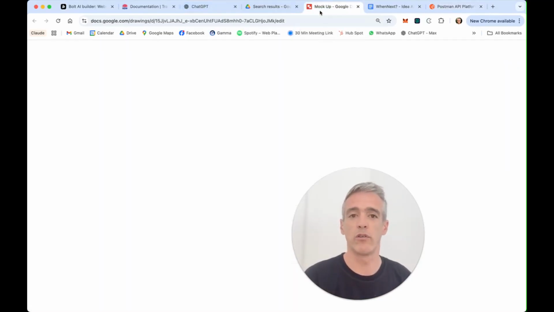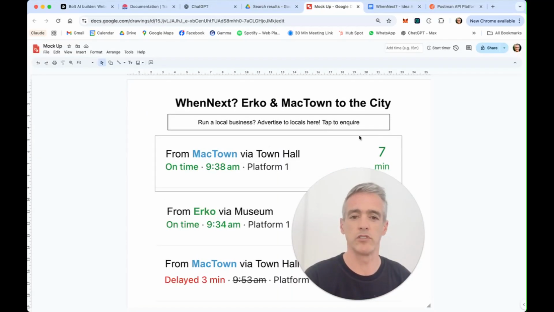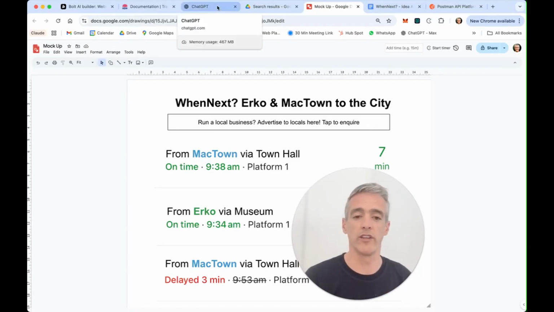I then also created a mock-up of the app. This is just a very simple mock-up that I created using Google Drawing, and I had a pretty good idea of what information I really wanted to come through, and so I fed that through to Bolt.new as well. Iterating on that, giving all the information, working out the API calls, I then fed that into my custom GPT,